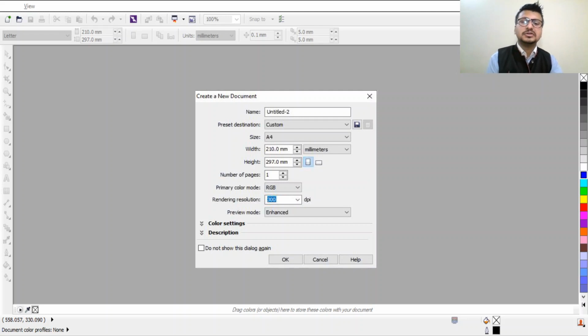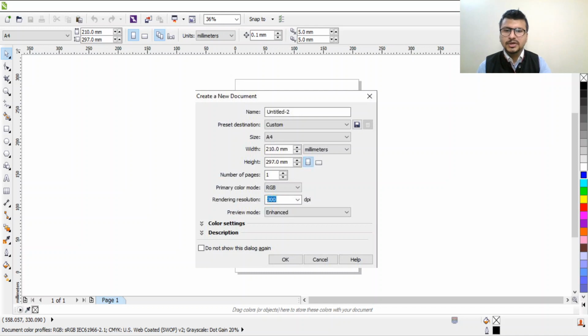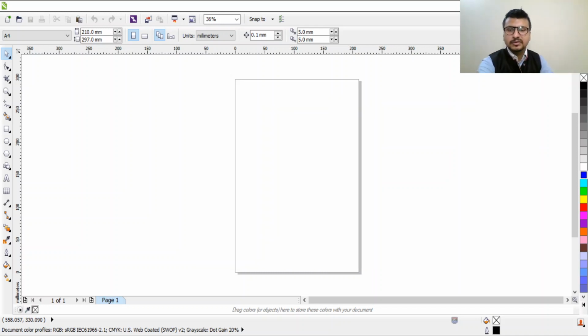If you increase the resolution, the number of dots increases. Obviously you'll get a richer design, heavy with colors, as the resolution is higher. And if you want a low resolution file, you can decrease the resolution from 300 to 100 or 150. Obviously the file size will decrease. So as per your requirement, you can change all these things. Then you have to click on the OK button, and the screen will come up in front of you, something like this.